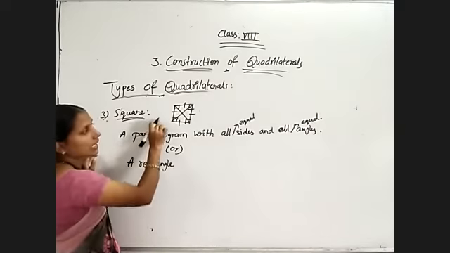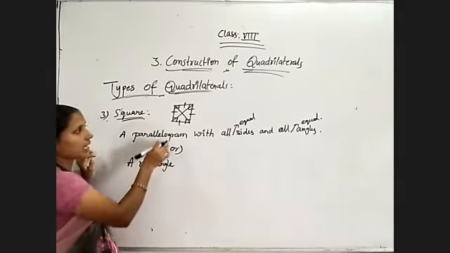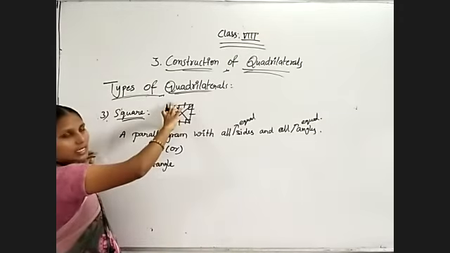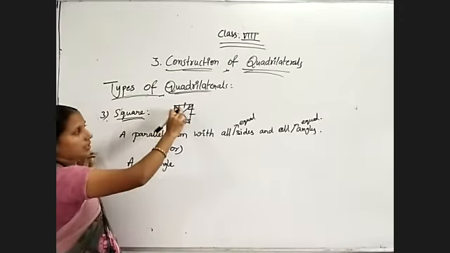So for a rectangle and a square, what is the difference? For a rectangle, the sides are different, but all angles are equal. So a rectangle with all sides equal, what is differing? That one we need to mention: sides are equal.